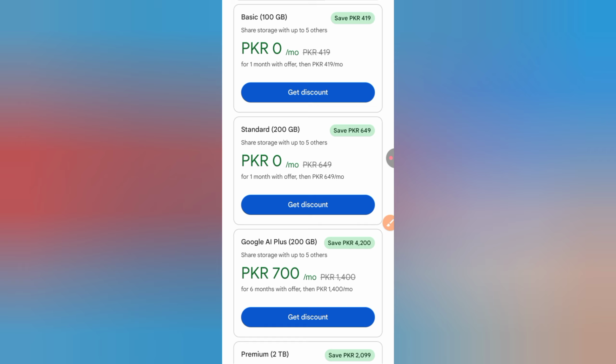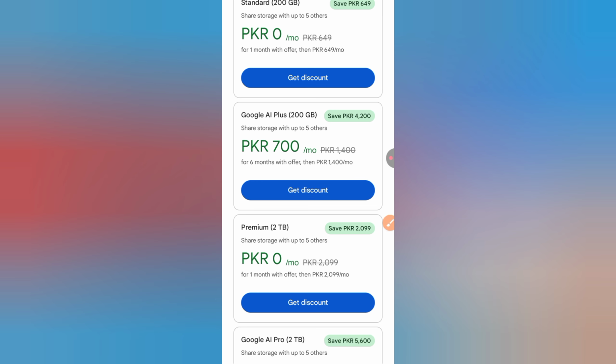Select the plan you want, then tap Subscribe. After that, confirm your payment method, such as a debit card, credit card, or your Google Play payment option. Once the payment is confirmed, your storage will be upgraded immediately, and you'll have more space for photos, videos, emails,